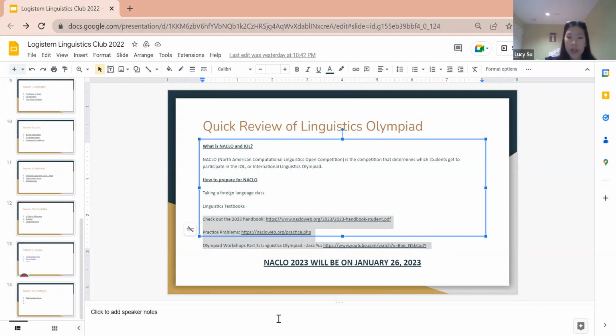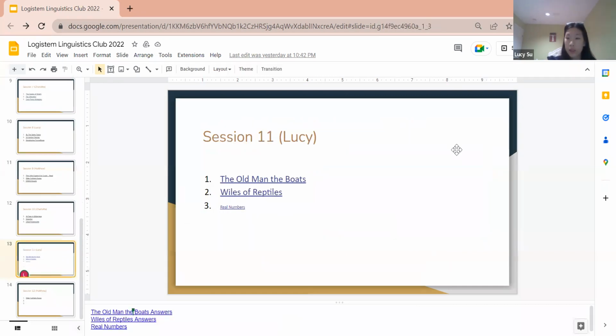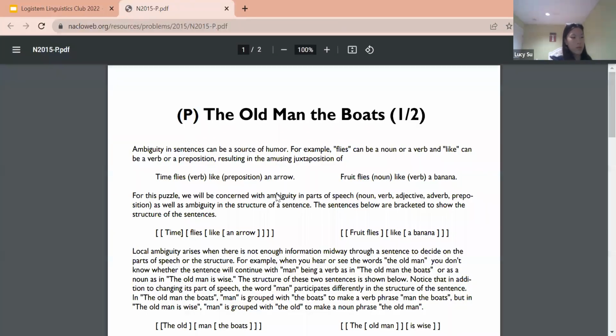Okay, so I'm just going to get right to the problems because they're a bit hard today. Okay, so the old man, the boat. Ambiguity in sentences can be a source of humor. For example, flies can be a noun or a verb, and like can be a verb or a preposition, resulting in the amusing juxtaposition of